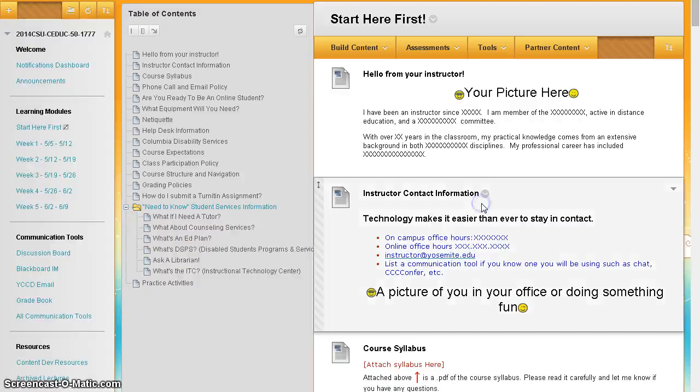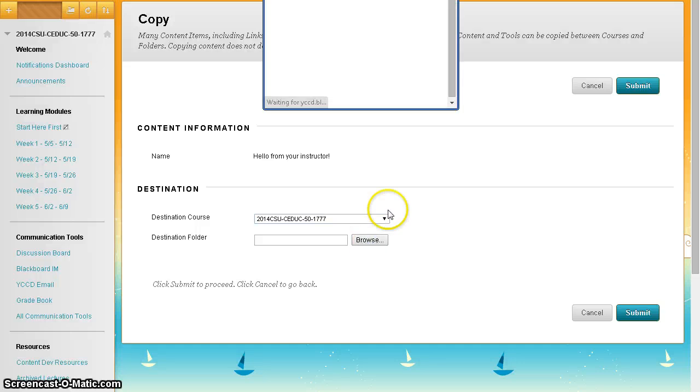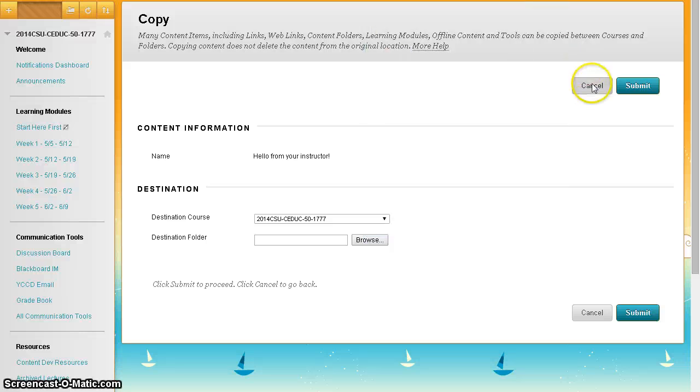So I'll show you how that works. Click on copy. Again, this is your destination course you're in. You're going to be looking for a folder. So if I wanted to copy that information, say to this Teaching and Learning Styles folder, I could do that too and then submit. I'm not going to do that right now, but I do want to show you